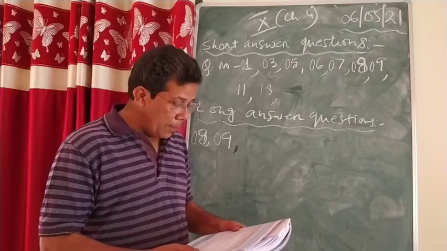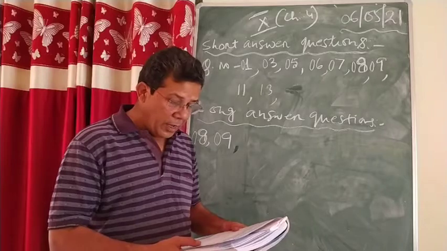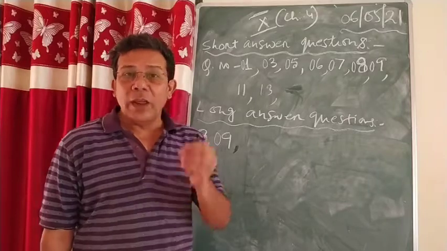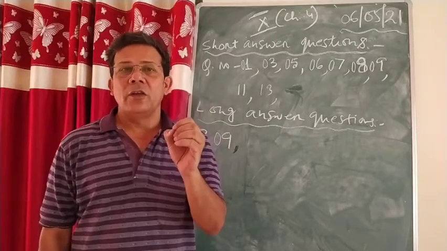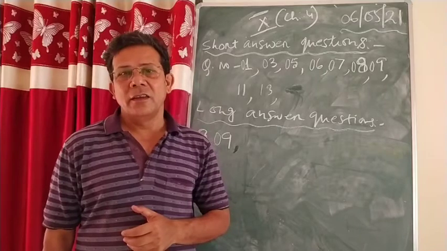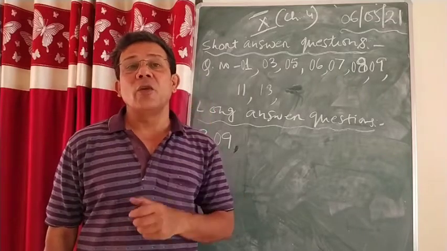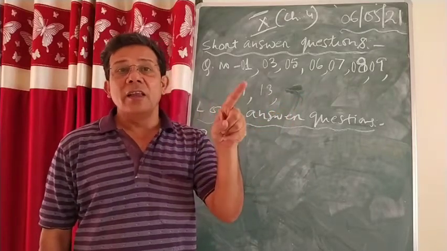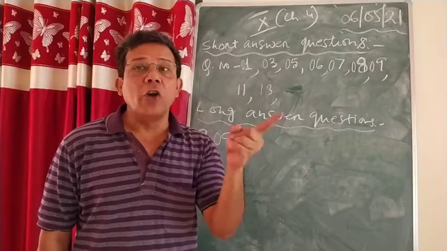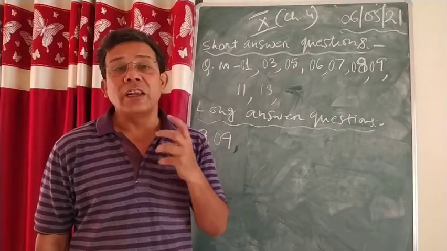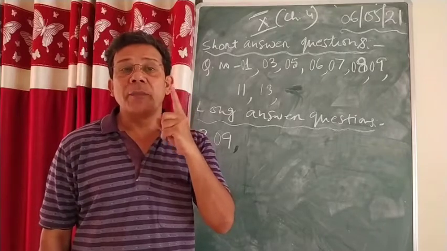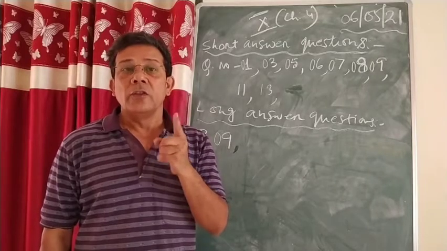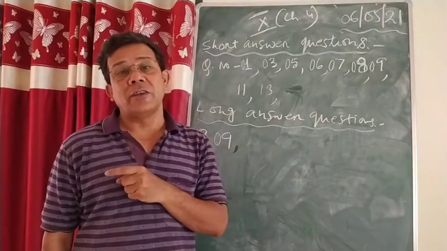Now come to question 11. What is meant by unfair trade practice? Give any 4 rights of consumers. Unfair trade practice. Unfair means whenever you are not doing the trade or buying and selling as per the rules and regulations of the country, when you are doing buying and selling in the wrong way without following the rules and regulations, that is what is called unfair trade practice. You are doing something unfair, an illegal way of doing business. That is what is called unfair trade practices.